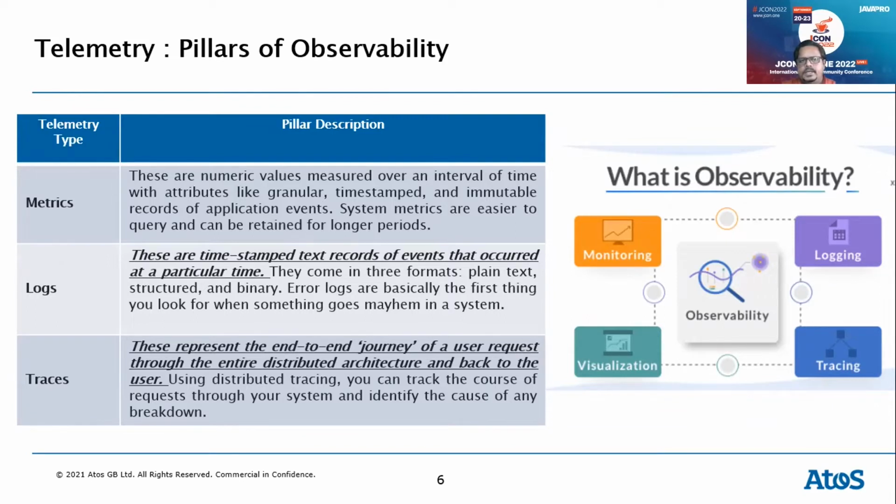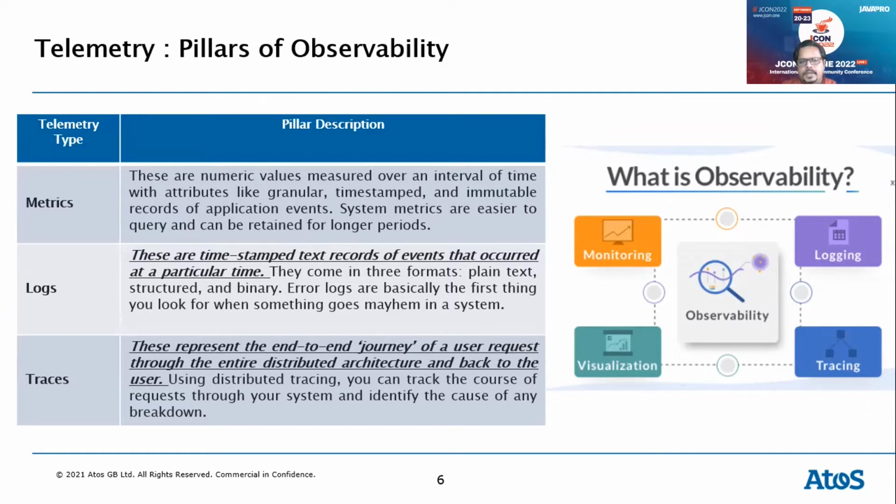Logs are timestamped records of events that occur. If you know about, let's say, a call stack, which gives you a complete hierarchy of the various events that have gone on. Let's say you're making a function call, and that function call makes another function call, and that makes a database system call, and the database system makes another API call to an operating system, and so on and so forth. So an entire log trace of that is what is captured by this particular telemetry data, which is called logs. And then come the traces, and traces are very interesting.